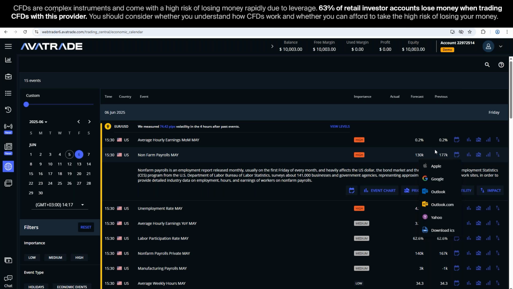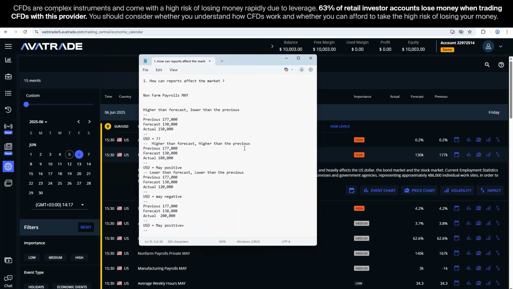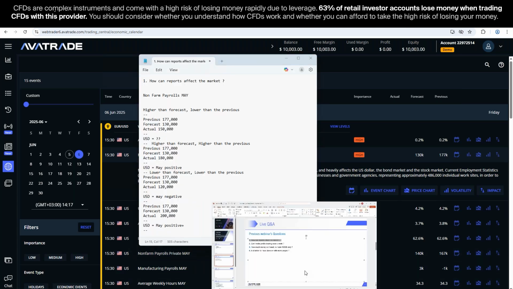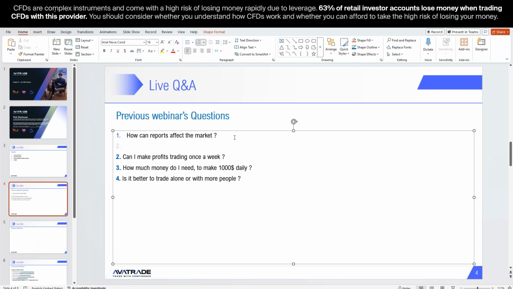In my opinion, it's one of the most useful things for those icons. There are others here, impact and volatility and price chart and event chart, but this one is practical and I think it's very useful. Apart from that, I don't think we should delay too much on that question. So in general, I'm going to write down the answer in here, which will be